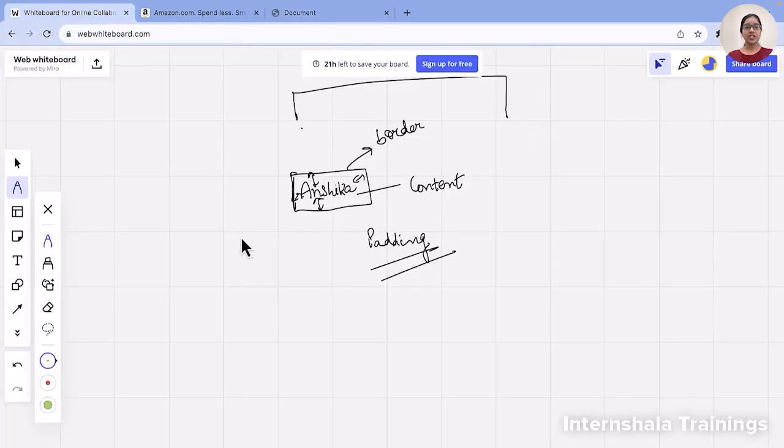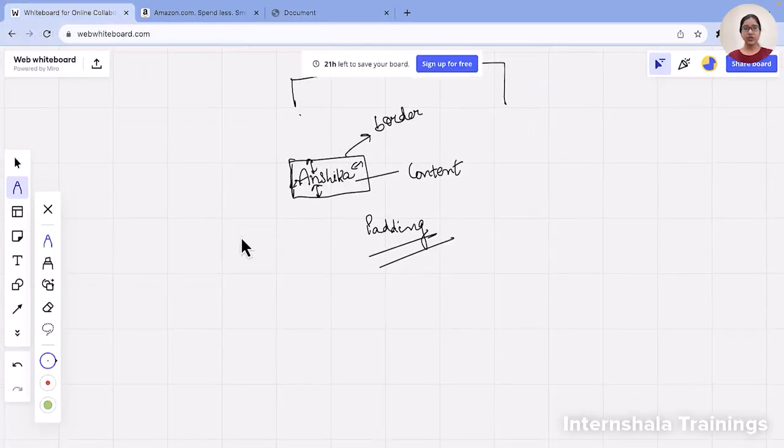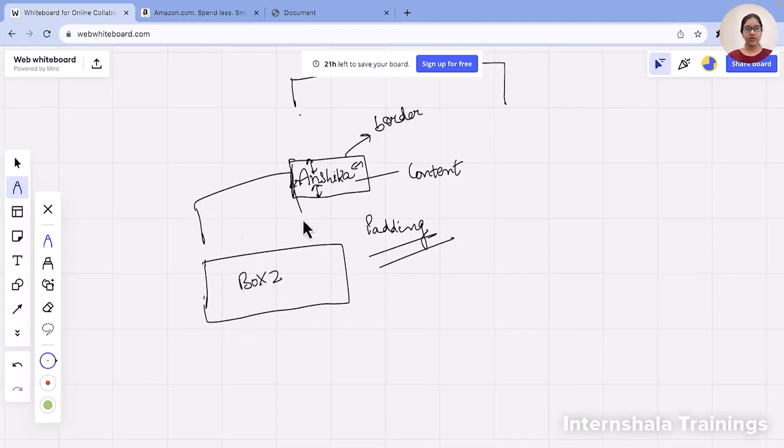Margin is something which increases the space between two boxes. Like I have this one box and again I have another box. Suppose this is box 2 and I have one more box here which is box 1. There is this space between two boxes. This is called margin.